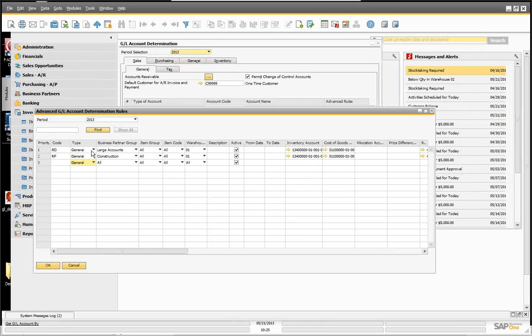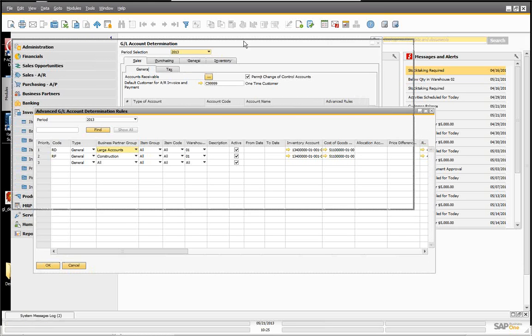So let's go here. Again, we're just using these two as general. Here we picked our business partner groups. And again, you can see all the business partner groups. I'm just using large accounts. So I'm saying, okay, if it's a large account, I want to do something with it. And if it's construction, I'm going to do something else. Again, since I saw that hierarchy,